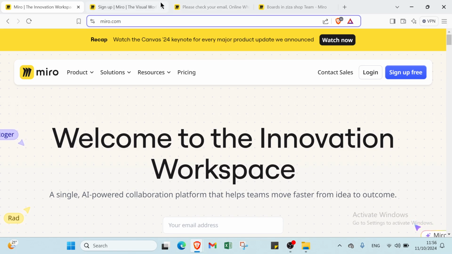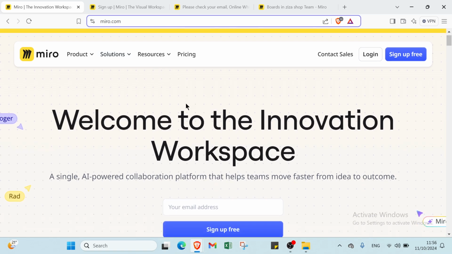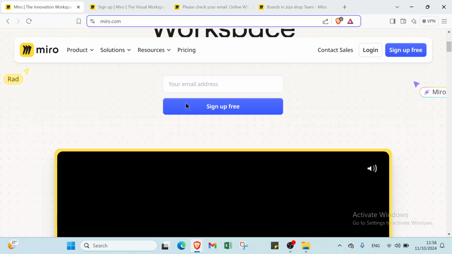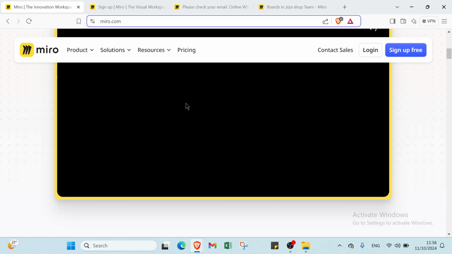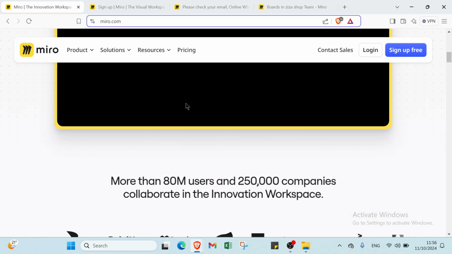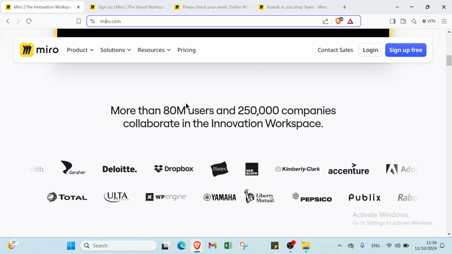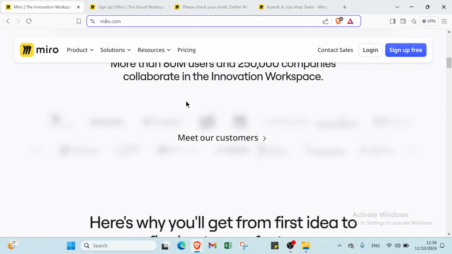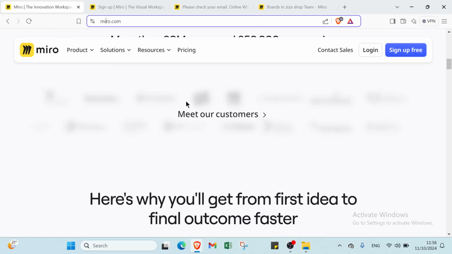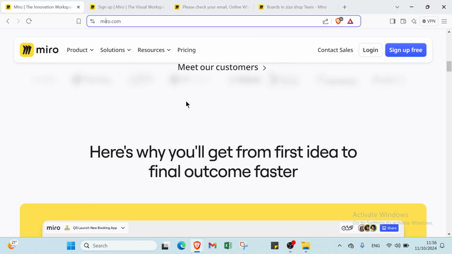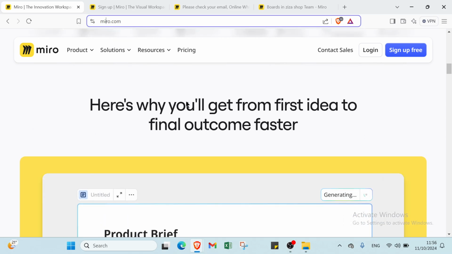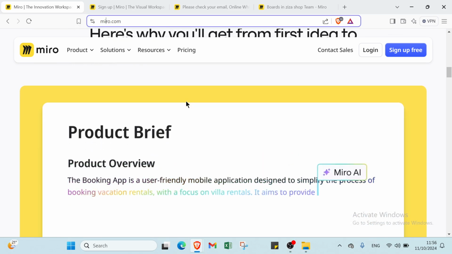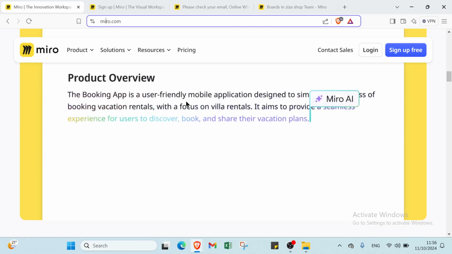So what is Miro? Miro is an online collaborative whiteboard platform designed for teams to brainstorm, plan, and visualize ideas in real time. It offers a variety of tools like sticky notes, templates, and drawing features, enabling users to work together regardless of their physical location. So Miro is widely used for project management, design thinking, and agile workflows, making it a versatile tool for enhancing